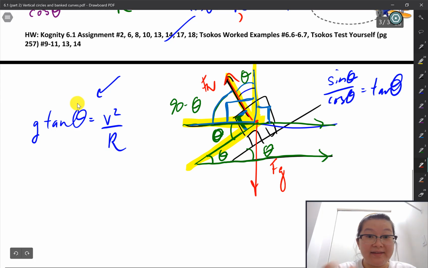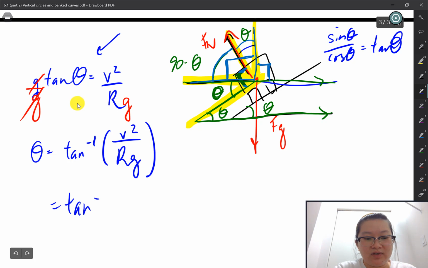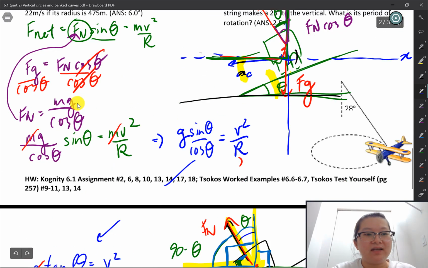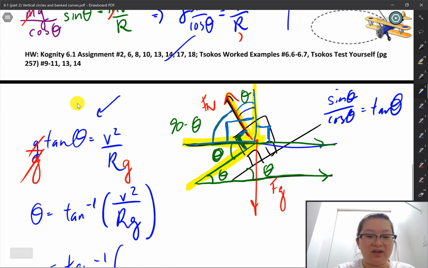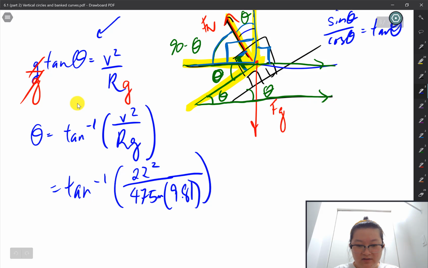Now we can solve for theta, because we've combined the sines and cosines together. We just have to divide this side by g. Okay, that goes away. And to get theta, we're just going to take the inverse tan of v squared over rg. Let's see what it is. V is the speed. That is 22. And then the radius is 475. So 22 is going to be squared. The radius is 475 meters times gravity 9.81. And after I divide those, I am going to take the inverse